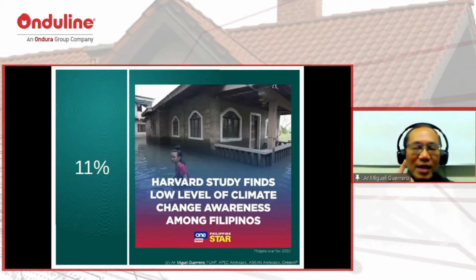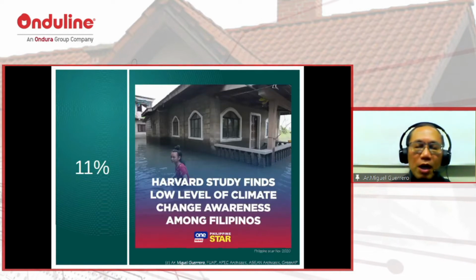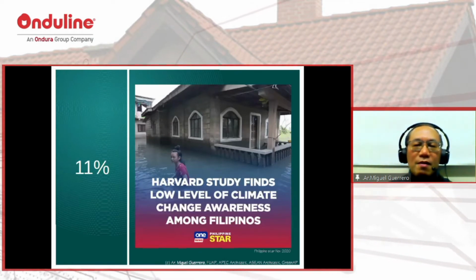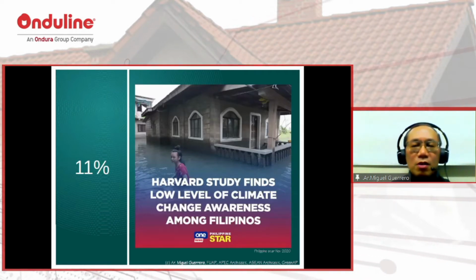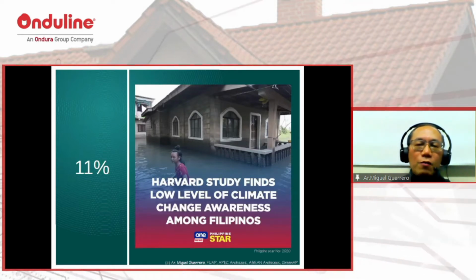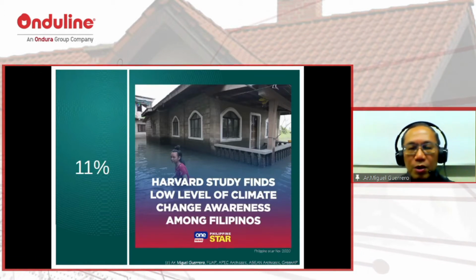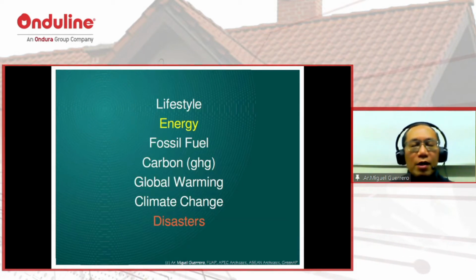However, even if there's so much talk about and hype about climate change in media, a recent study, I think this is 2020, Harvard study, finds that only 11% of the Filipinos understand what climate change is all about. And that's why there is a sluggish acceptance of the idea of going green, the idea of going sustainable. Because people don't understand. They do not connect climate change with what is happening in our society right now. And that's why I'd like to share with you this cause and effect